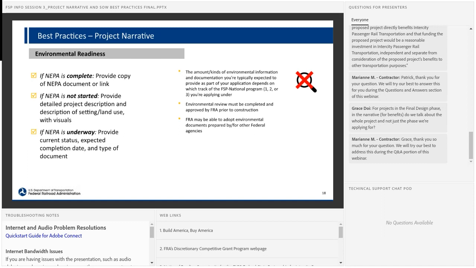Just keep in mind if NEPA has not been completed yet, it can take several months or years. You may need to hire a consultant with NEPA expertise, but the amount or kinds of environmental info that you're expected to provide in your application depends on the track 1, 2, or 3 of the Fed-State Partnership Program that you're applying under. And we may be able to adopt environmental documents prepared by or for other federal agencies as relevant.